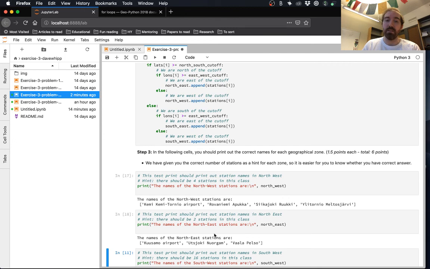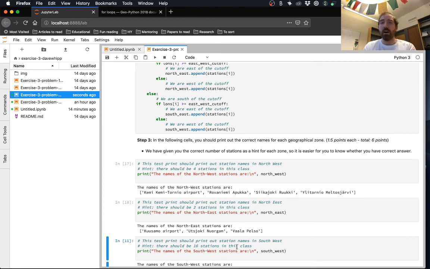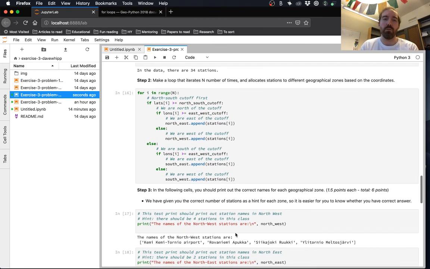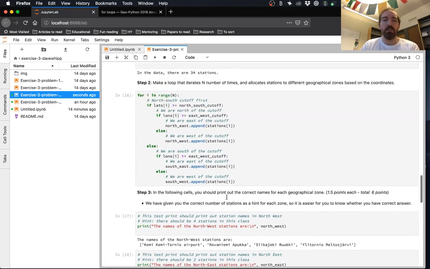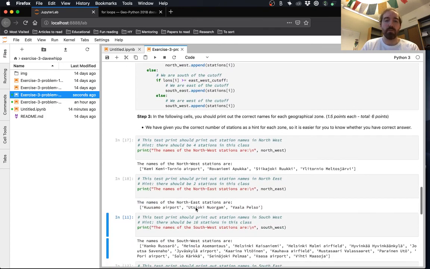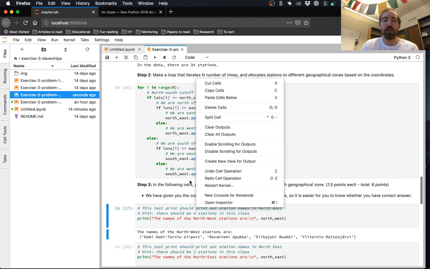I expected 2. And the reason is that now we have this, I guess it's Vaala Pelso, the extra station that is right on that north-south cutoff line. When we use the greater than or equal to test to see if it's north or south, it now gets classified as north of the cutoff instead of south like it was previously. So if you encountered that problem, my guess is that that's what happened.